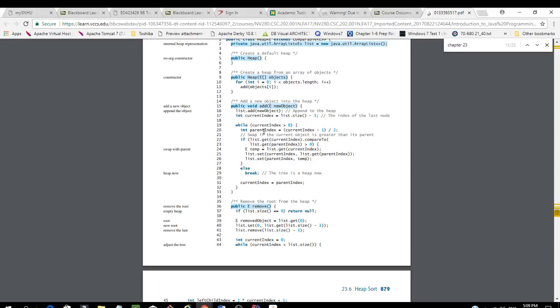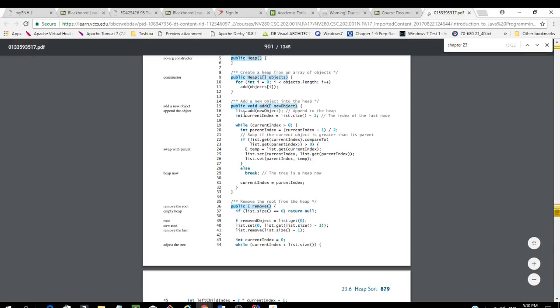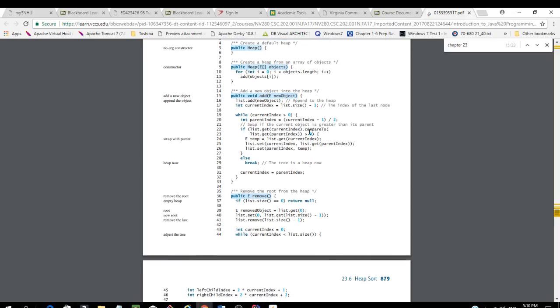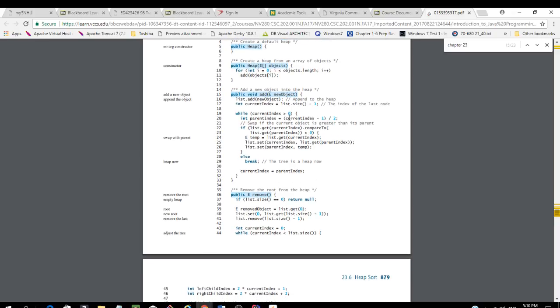So we try to implement that. How do we know that? We said we append the object to the list, because we use an array list here. Then we check the index of the last node: size minus 1 gives us an index. Now, while the index is greater than 0,